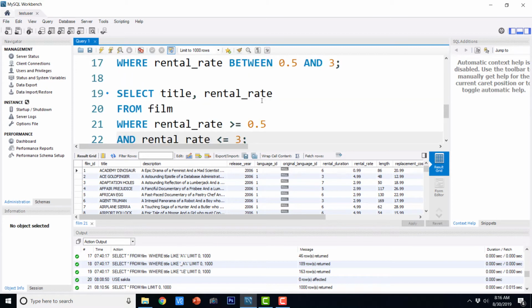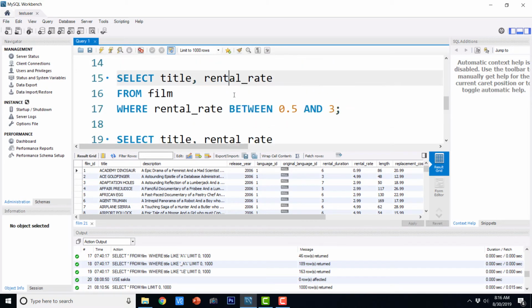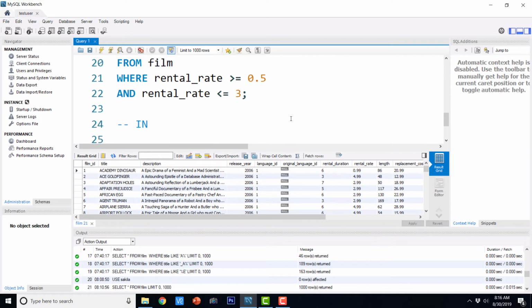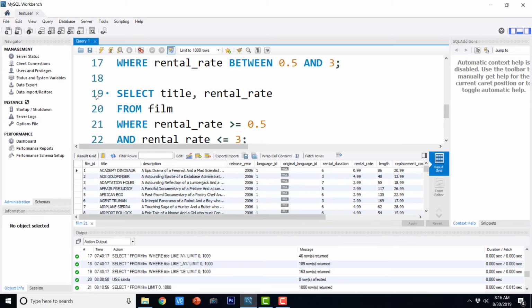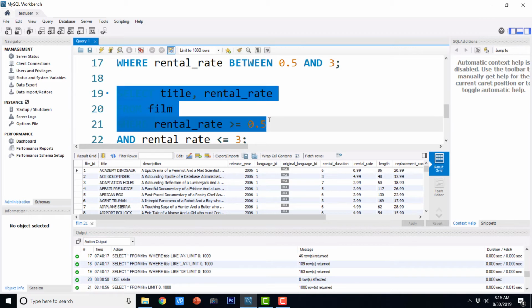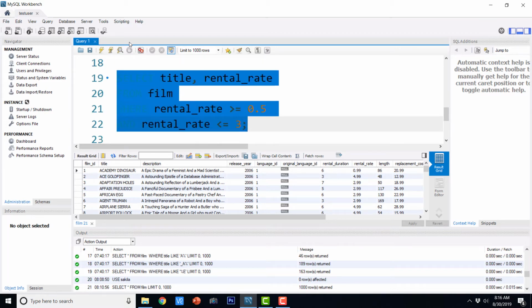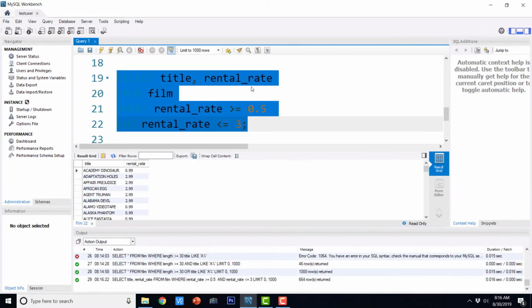Okay. So the output of both the queries will be the same. So between and gives us just a better way and reduced syntax to write these queries with logical operations like these. So I'm just going to execute it. The output of both the queries is exactly going to be the same. So this is the output.